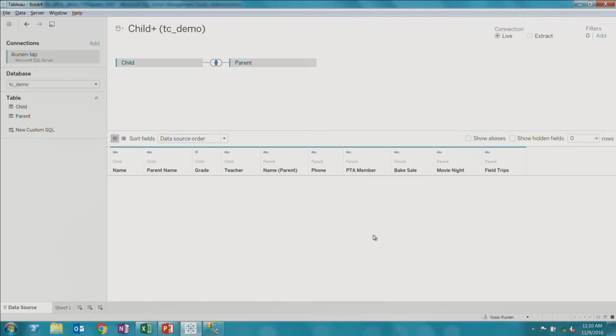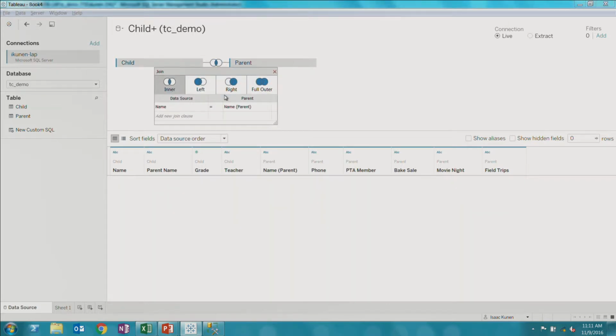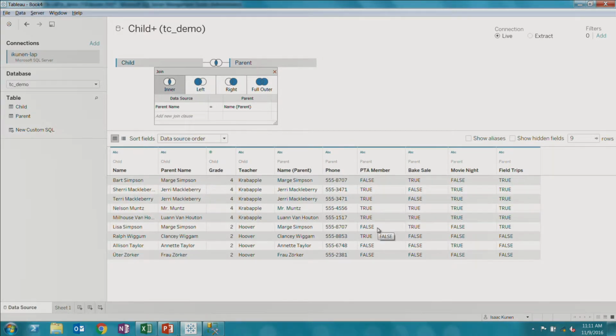Wrong join clause, right? So we made a guess at what that join should be, and we guessed wrong. In particular, we made a perfectly sensible guess that the name of the child should equal the name of the parent, but of course that's wrong, right? We need to correct that to parent name. And now when I update the data, I will get exactly the table that I expected. So what Tableau is doing is materializing that internal table. And really, everything past this data pane in Tableau, well, I guess if we ignore blending, everything other than blending past Tableau basically works on a single table. One big fat table.